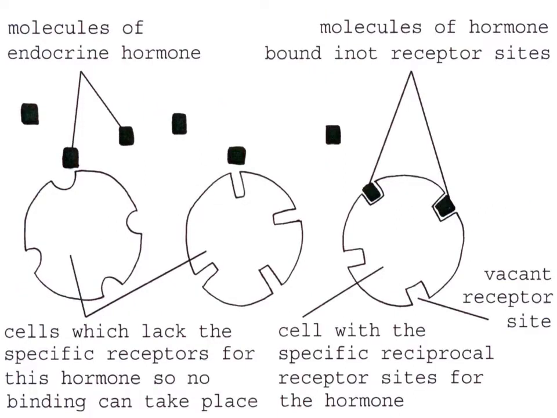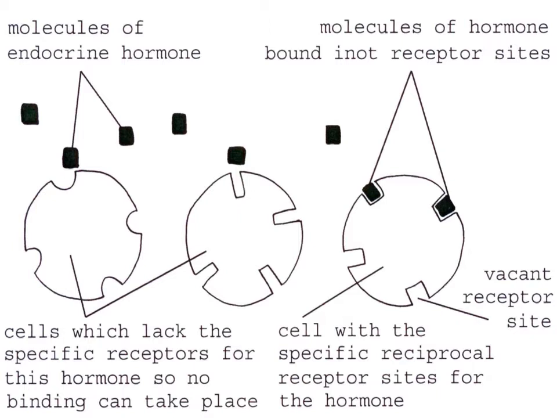After being produced in an endocrine gland, the endocrine hormone circulates in the blood and tissue fluids until it reaches a specific target tissue or target cell, or to be more precise, a target receptor site or target receptor molecule. And the hormone will then bind onto a specific receptor on or in the target cells in the target tissue. And it's the combination of a hormone and the receptor site which then initiate a physiological response in the target